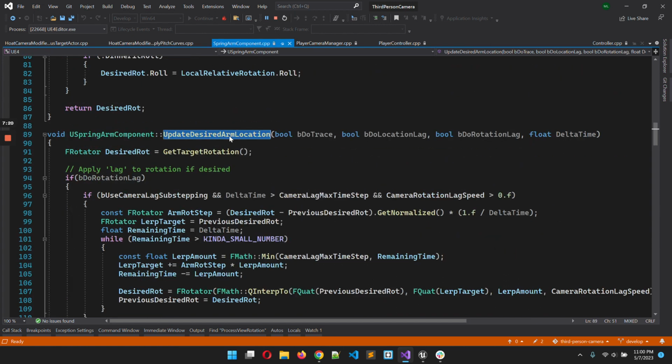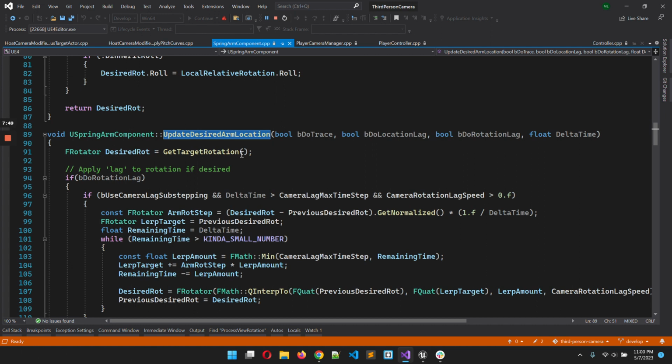Through looking at this code, the gist is that the spring arm basically at every moment of the tick is doing this update desired arm location. And all it does is it takes the view target, which is the player character that you're controlling as the player, takes that location and backs up the camera